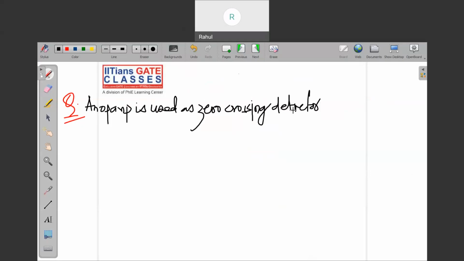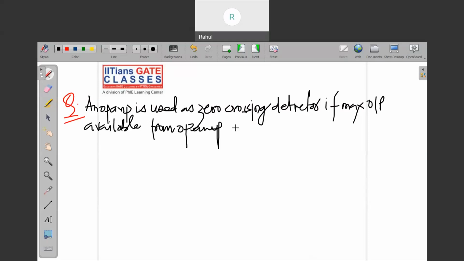Okay, op-amp has various applications. If the maximum output available from the op-amp is plus minus 12 volt peak to peak,